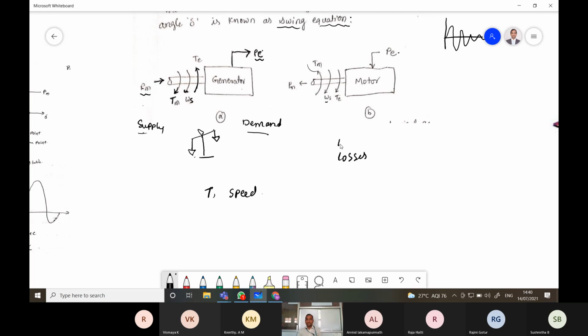So we neglect these, and the differential equation governing the rotor dynamics is given by